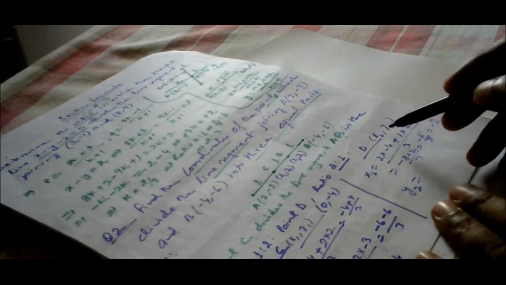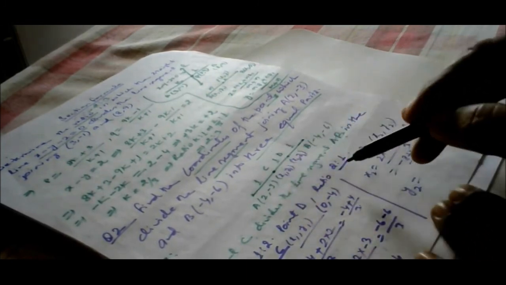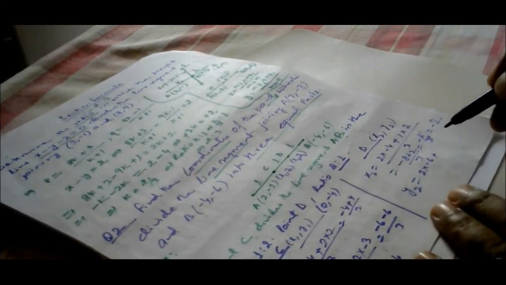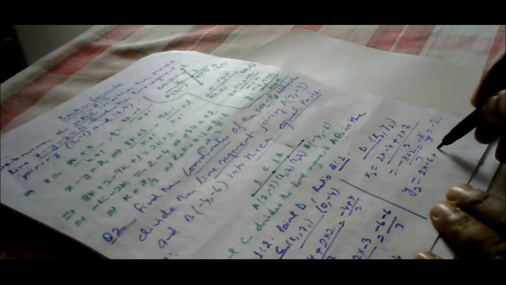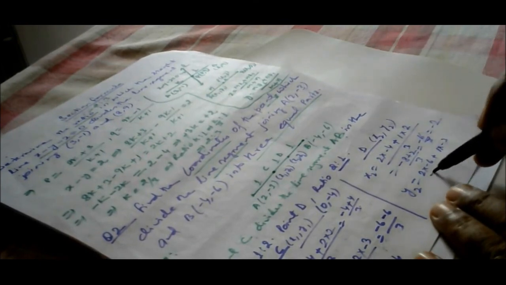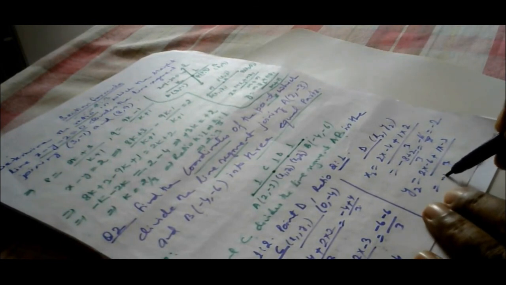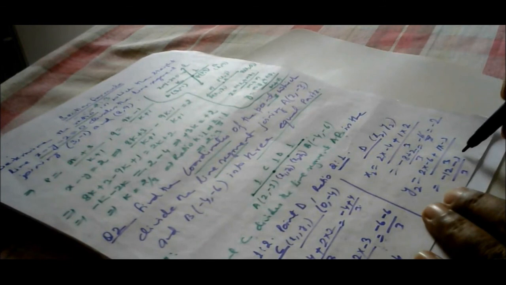Now similarly, when we are finding y2, y2 will become again 2 is to 1. So 2 into minus 6 plus 1 into minus 3, divided by 3. So it is giving us minus 12 and then minus 3 divided by 3. So minus 15 divided by 3, cancelled with 5, so minus